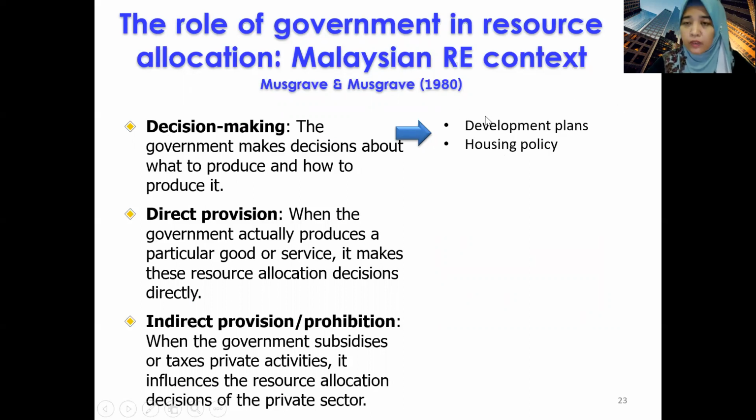In other countries as well, in some countries they call their development plans master plans, but it's the same thing. Those are the documents, or the official reports, that planners prepare to plan for their cities, their states, their regions, or their country. So housing policy in Malaysia, since 2011, we had our first